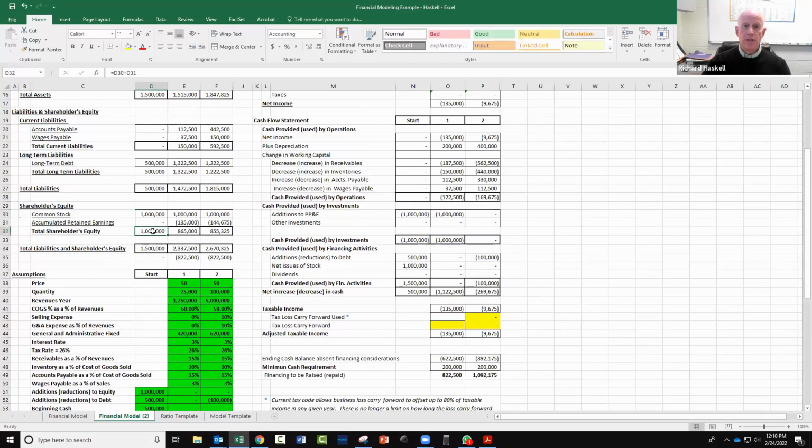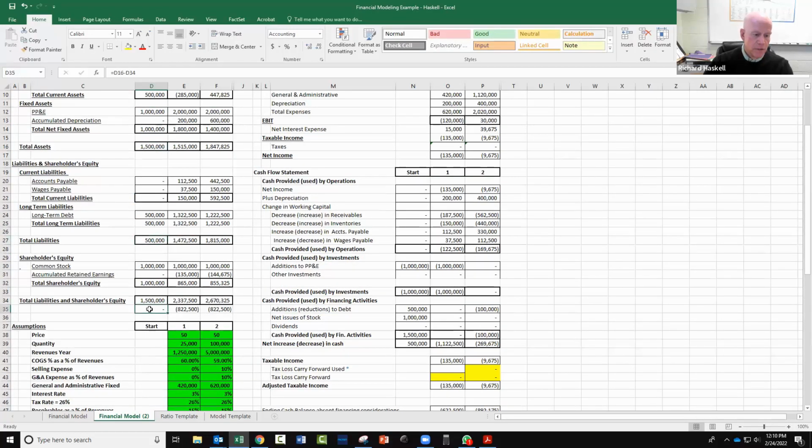We don't have any retained earnings yet because nothing's happened. And when we do have retained earnings, they're going to be cumulative. That gives us total shareholder equity. And when we take total shareholder equity and liabilities, it gives us an equivalency to total assets, which is why